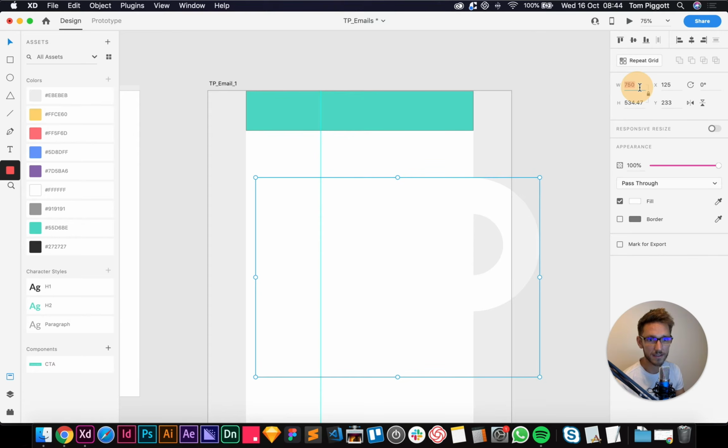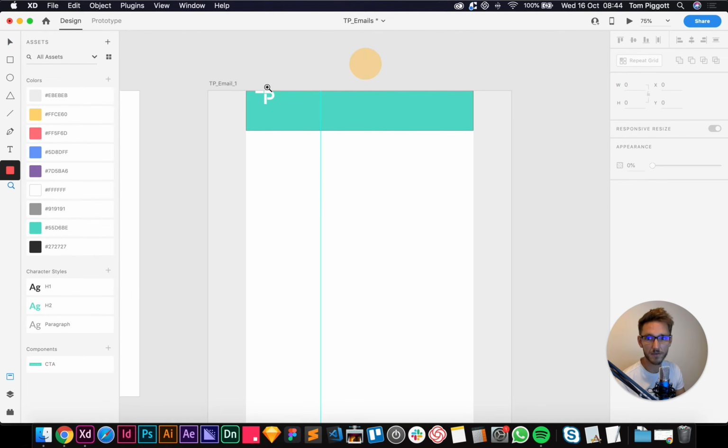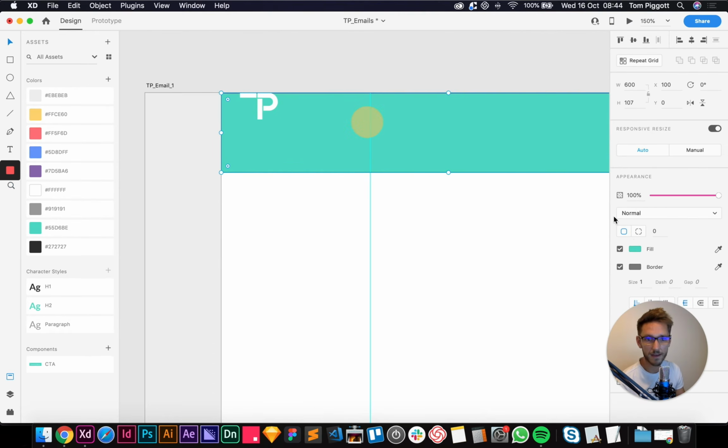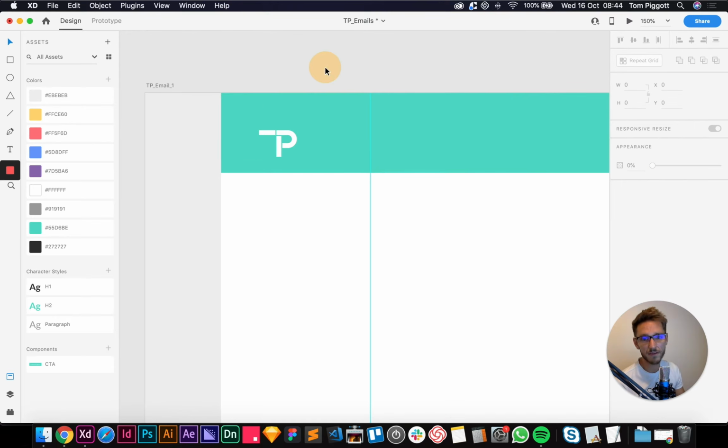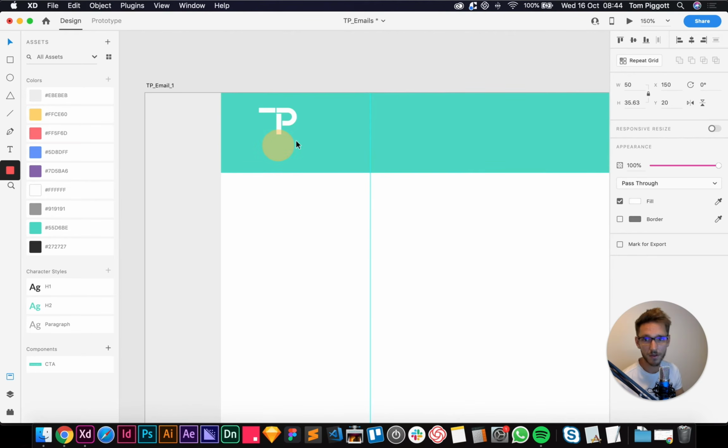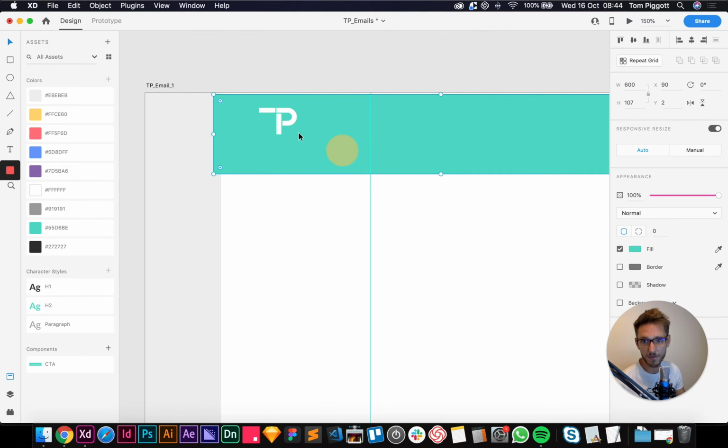So I can select this, 50 pixels wide, and I'm just going to bring it to the top so I can see it. And then this has got a border, as you can see, so we take the border off. I'm going to bring this to the right, so it snaps at the top. And I'm going to knock it in 50 from the top, 50 from the bottom. So hold shift, 1, 2, 3, 4, 5, 1, 2, 3, 4, 5. Actually 50 is probably a bit too much for the top and the bottom. Let's do 20 top and bottom and 50 from the side. That's where we want to be.